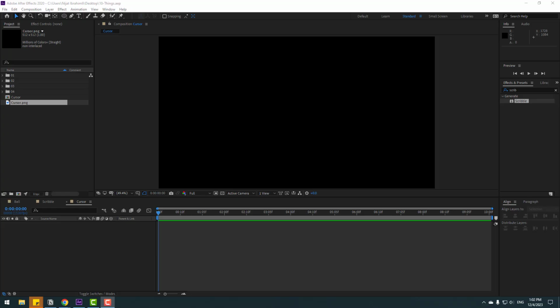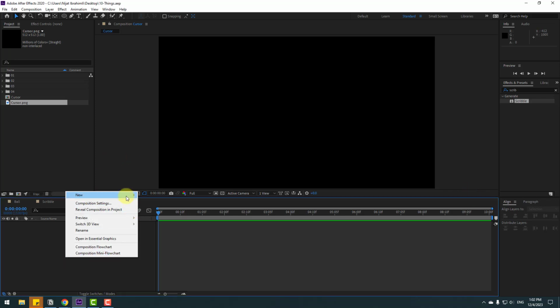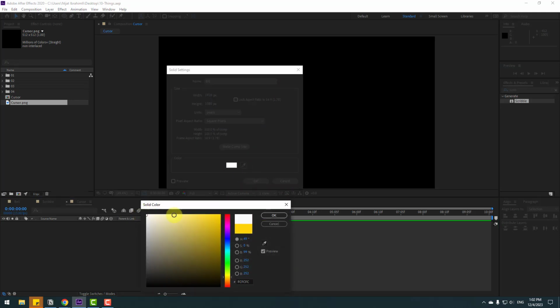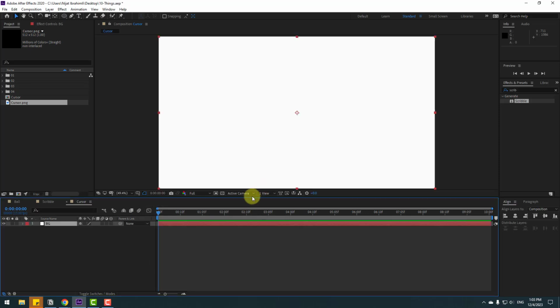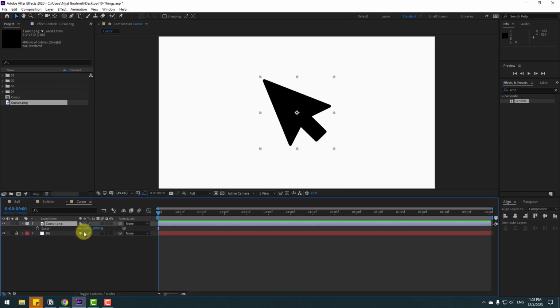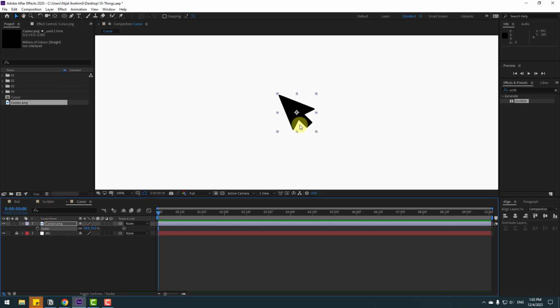So guys, for the final part, I want to show how to make a cursor animation. First, let's create a new background layer. Select solid, add name background and change color to white. Click OK, again click OK and lock the layer. Select this cursor PNG, move it inside our composition, and press S to change scale, and go to pan behind,